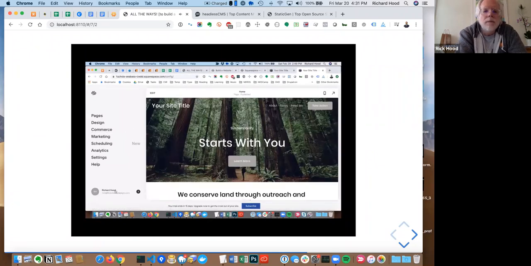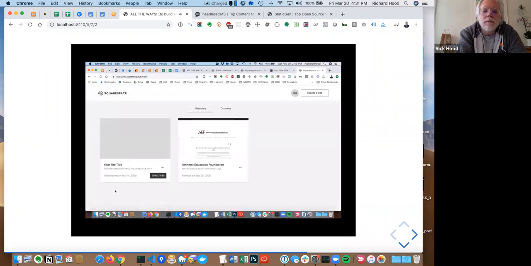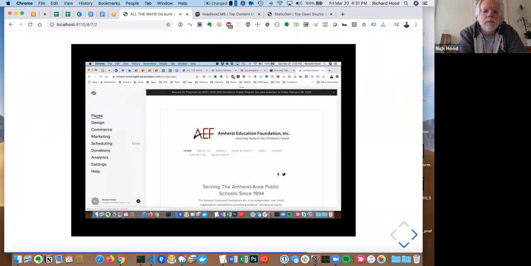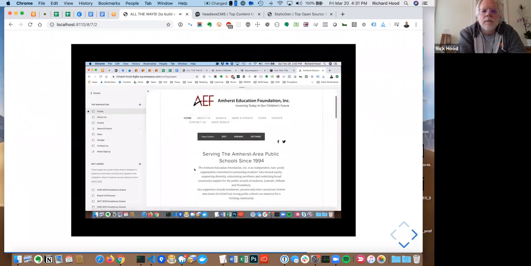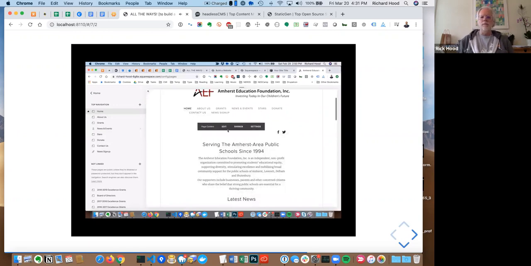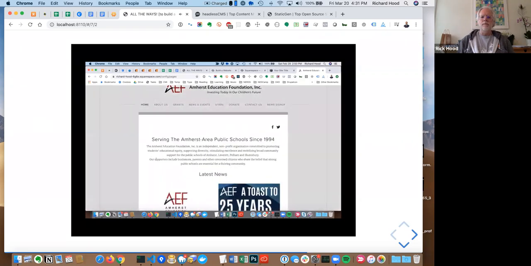So now I'm going to go back to my dashboard, and I'm going to go into Amherst Education Foundation because I know this one better. And if you go to the Pages section, you can choose any page to edit, but I'll just stick with the home page. And the way Squarespace works is, as you hover over things, you find this admin bar here. So if I click Edit here, and then I go inside here, these little widgets pop up. See these things popping up? And if you click on it,